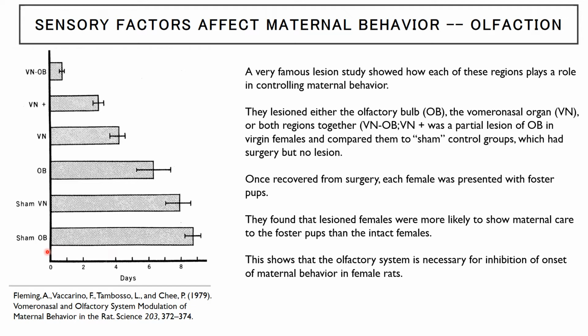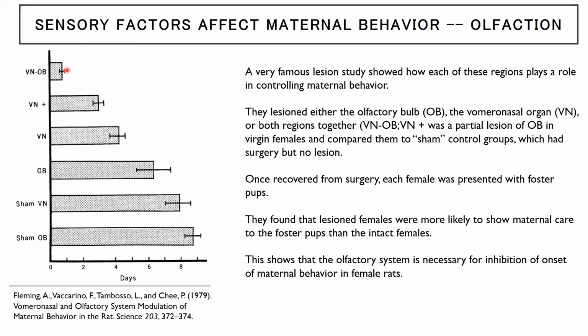These animals use smell as a way of recognizing whether infants are truly theirs or not. And eventually the nulliparous female will be overly influenced by all the additional stimuli, and it will counter the smell portion of inhibiting maternal behavior. But if you eliminate this olfactory ability, now the females are more likely to show maternal behavior because they do not have the ability to distinguish whether this new foster infant is truly theirs or not.